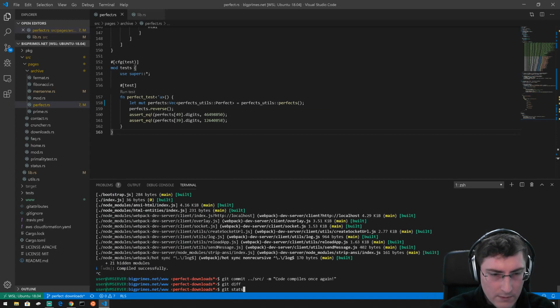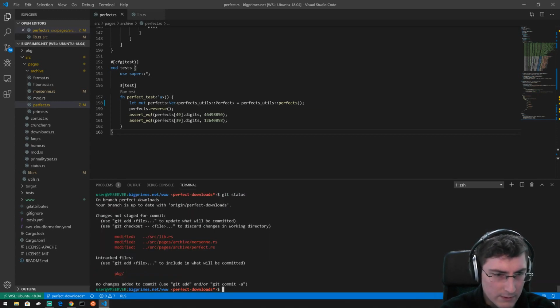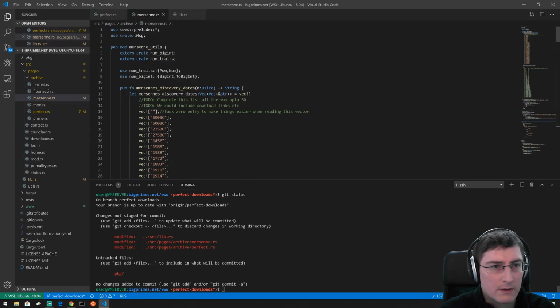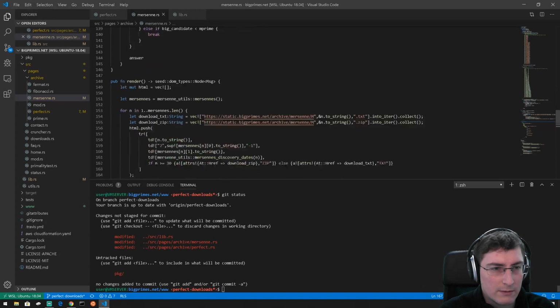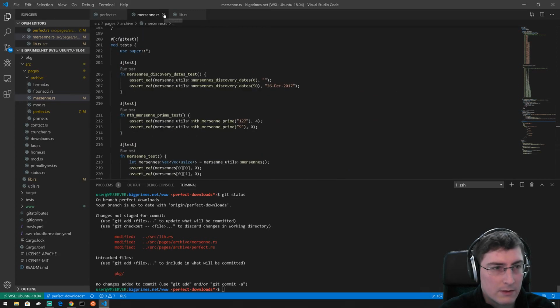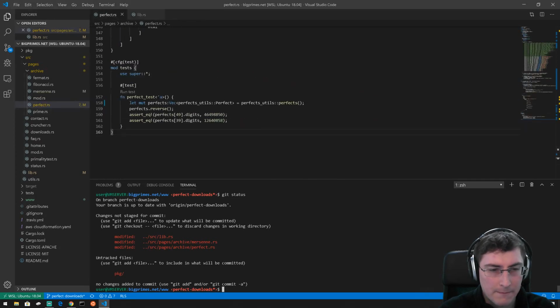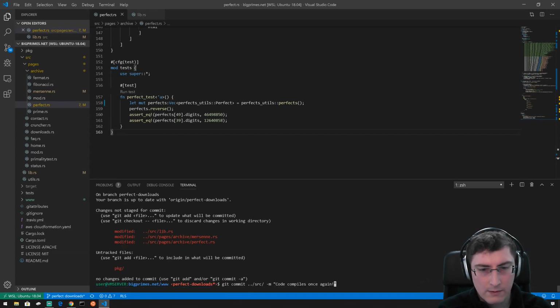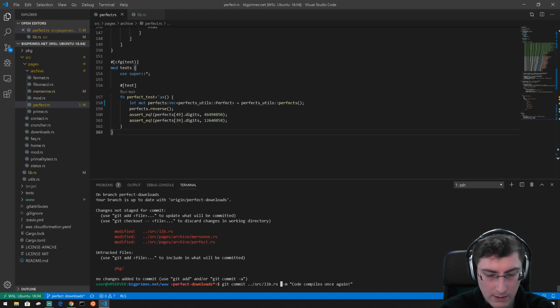I think that's including files I haven't touched. Mazen, what did we do to Mazen? That must be new line differences or something. Don't know. Git commit. So instead of source, let's include library, and let's include